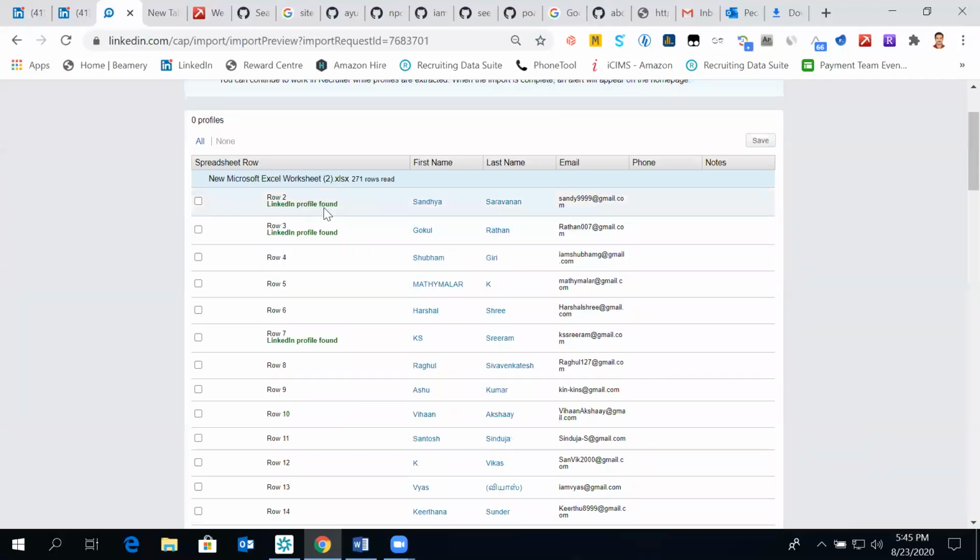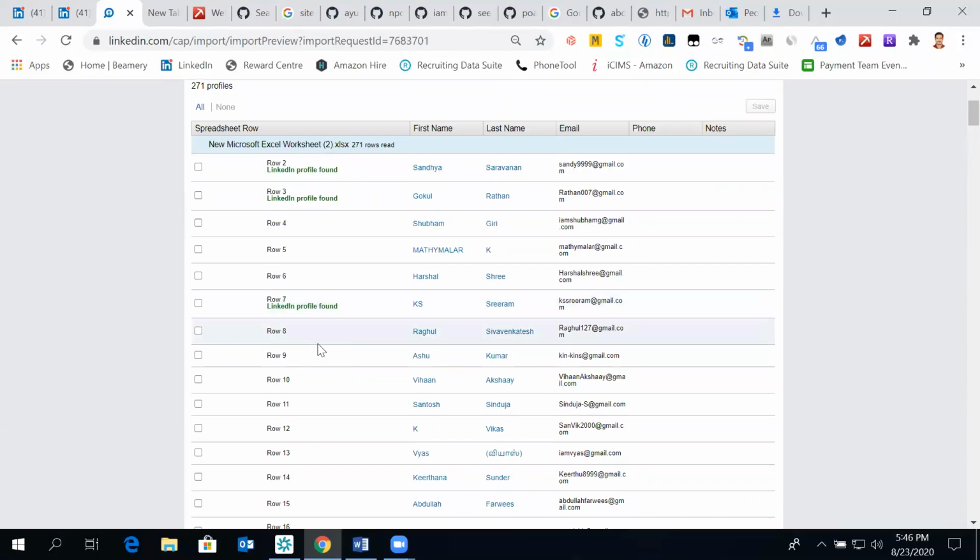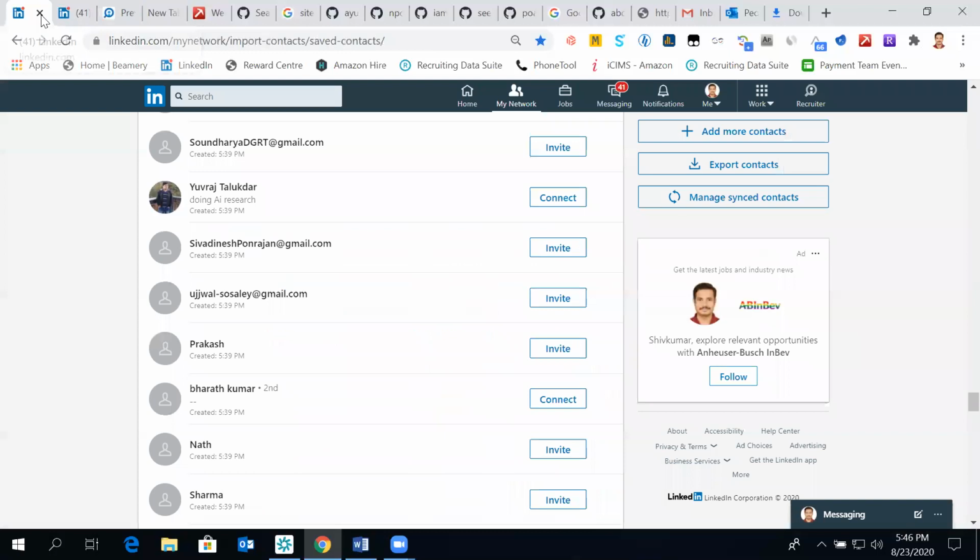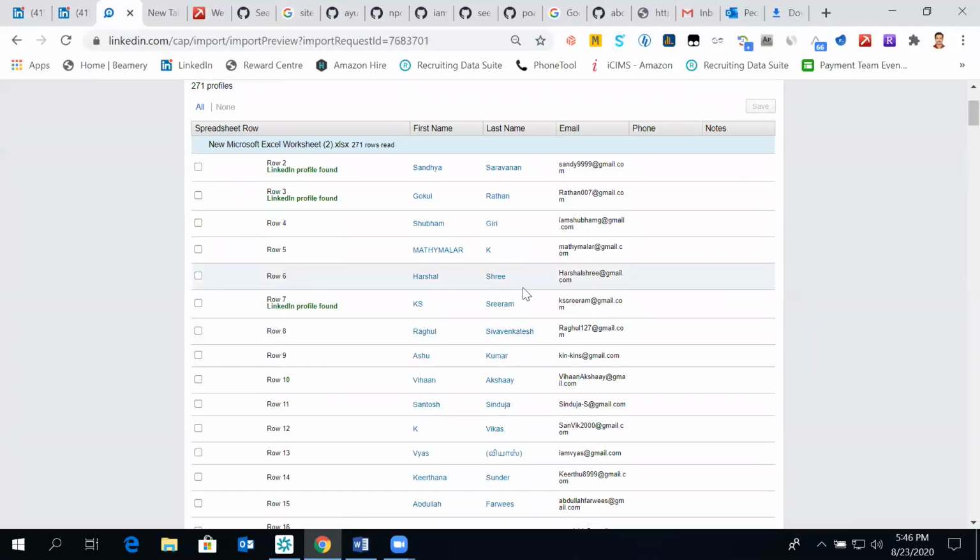So here it says LinkedIn profile found, LinkedIn profile found, LinkedIn profile found. In normal LinkedIn, it's saying connect or invite, whereas in LinkedIn Recruiter, there is no LinkedIn profile.